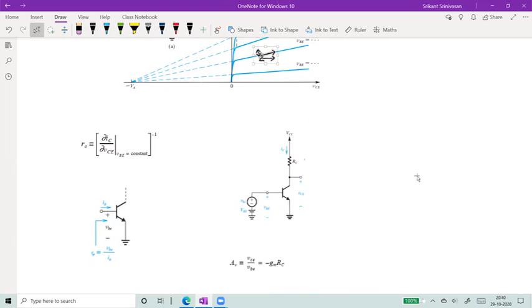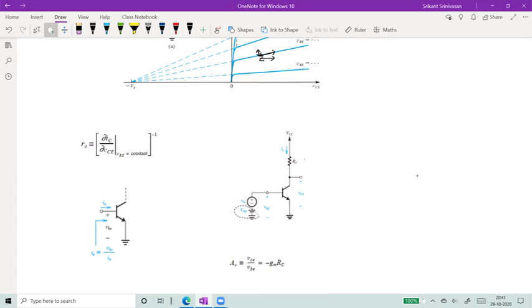Similarly, if I wanted to characterize the input impedance of the system, we called it R pi. That means if I apply a voltage VBE and there is some current IB flowing in, then R pi is VBE divided by IB. If I wanted the voltage gain of the system, then the voltage gain AV is given by the output voltage divided by the input voltage. Okay. And that we determined to be something like minus gm RC. Now remember that when we worked with amplifiers, we had two voltages, the capital VBE and the small VBE.